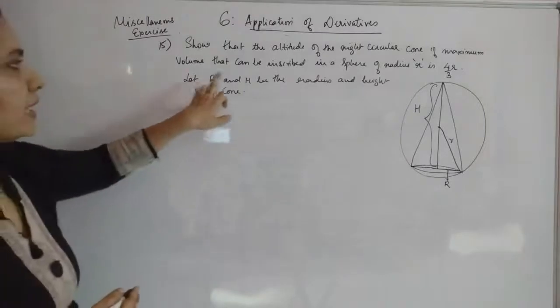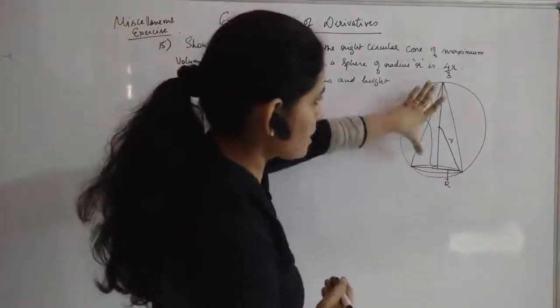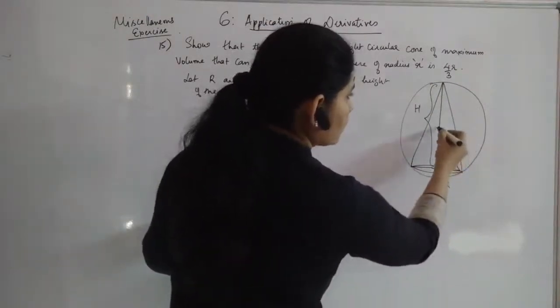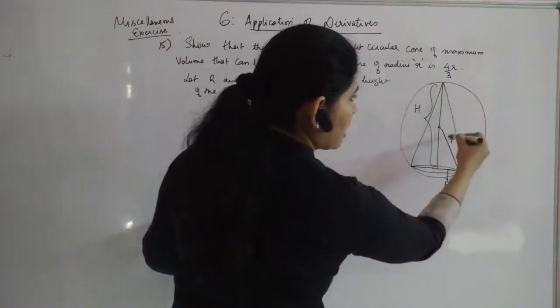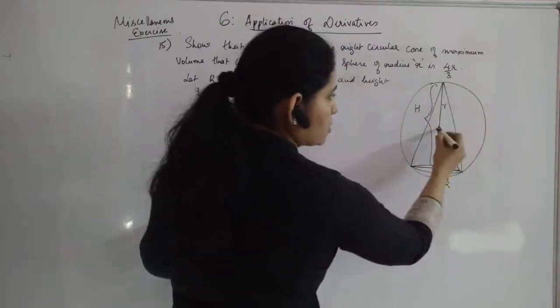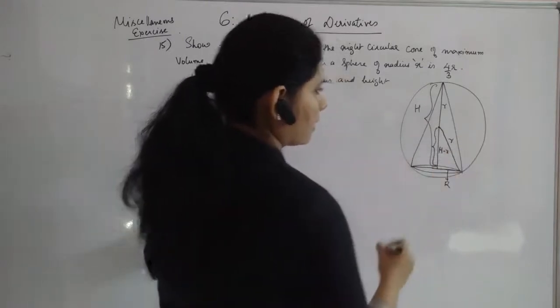So we have taken capital R, capital H as the radius and height of the cone. This is R, this is H. Now what will be this much? Because if I am considering this triangle, what will be this much of length? This is r, means this is also r, this much is r, the total is H. So here you will get it to be H minus r, right?